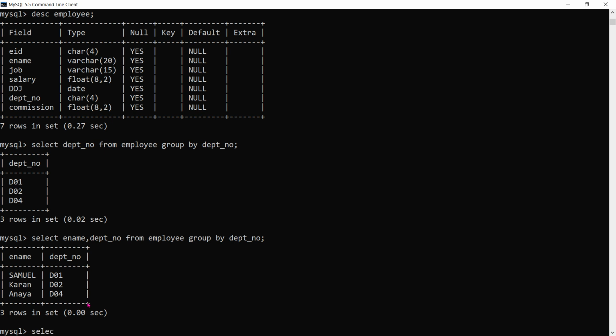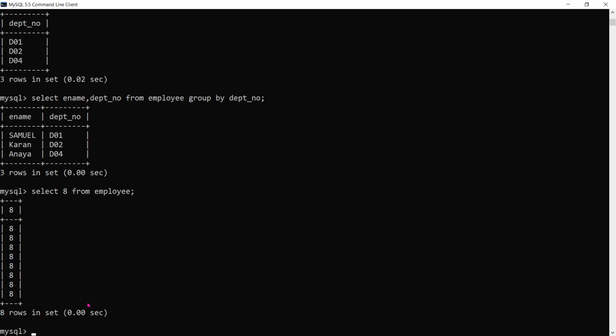So when we put this condition, we have to be very careful. Sorry, I wanted to show you the table details.